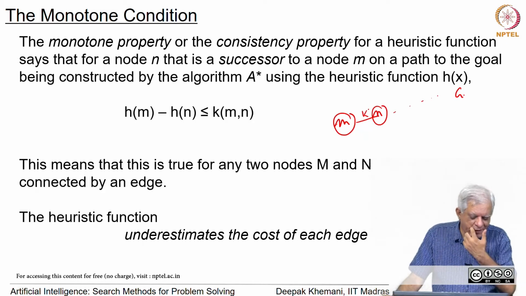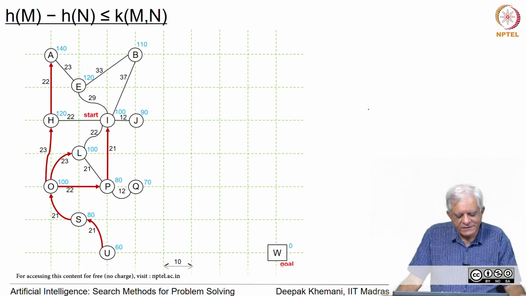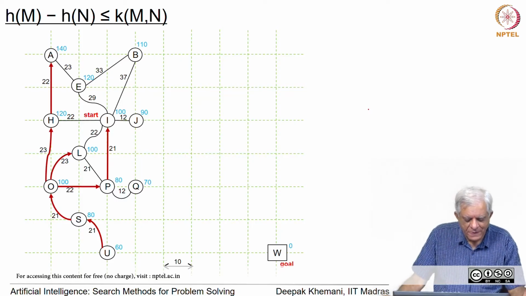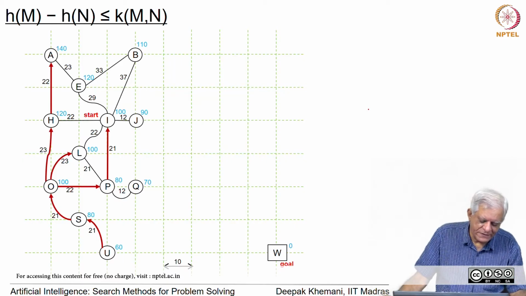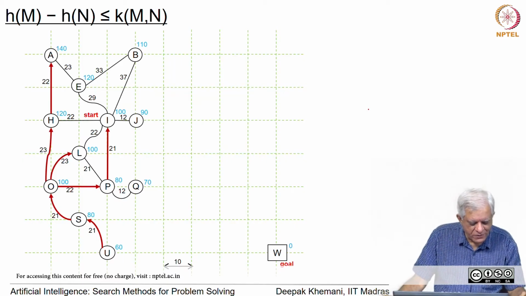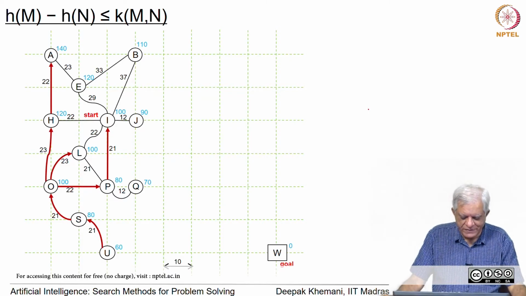So, for every edge that it has to traverse, it has an estimate that the amount of distance or cost it will cover is less than it actually is. Now, look at this graph that we have been working with for so long now. It is a partial graph, and let us say we do not know what is happening on the right hand side of the graph, but we know that the goal is somewhere on the bottom right corner, and this is an algorithm that we had seen. And what I have shown in this maroon or reddish brown color is the optimal paths which lead to this goal W, which is on the bottom right essentially.